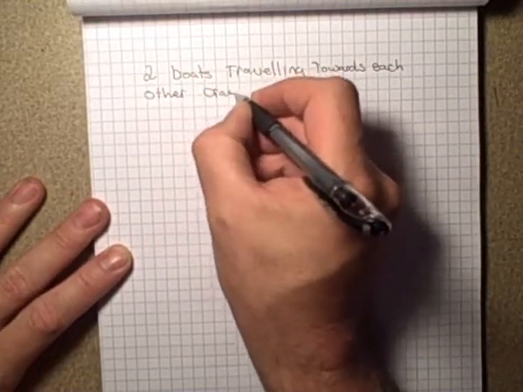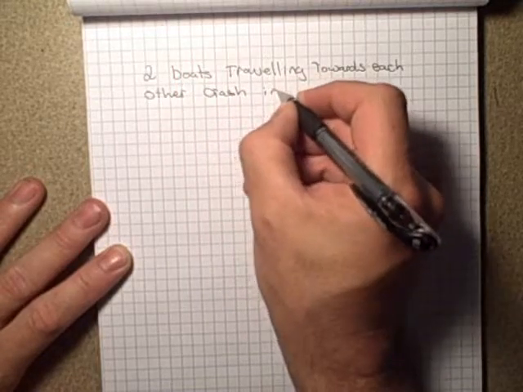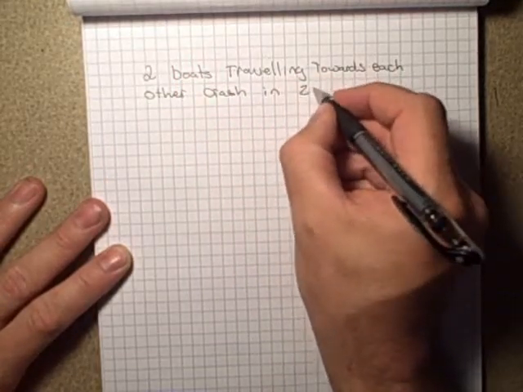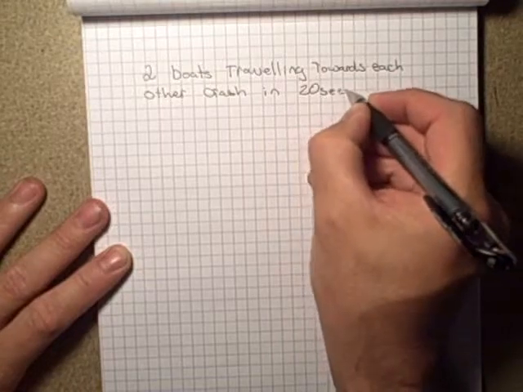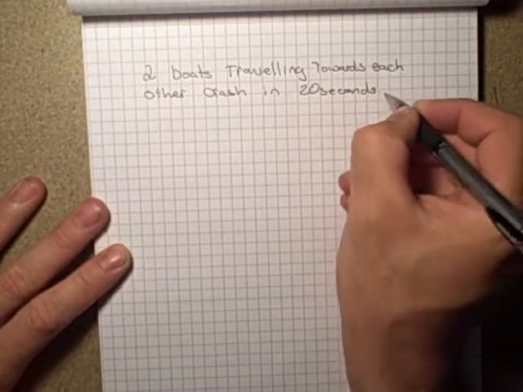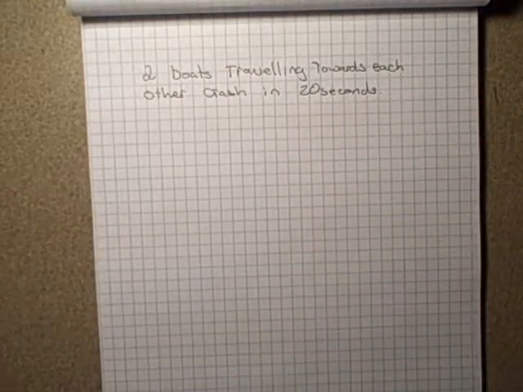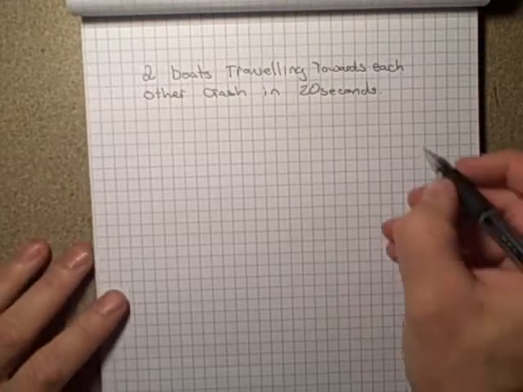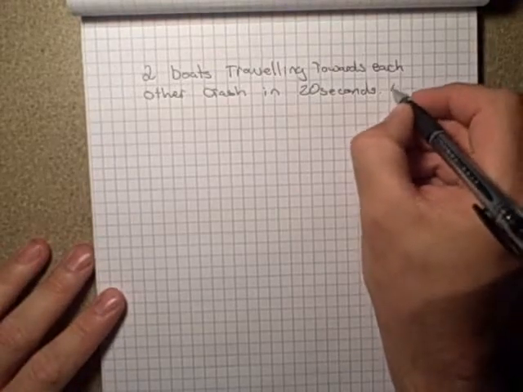They crash in 20 seconds from when they started. So we'll just say in 20 seconds. If the boats were originally 1,000 meters apart,